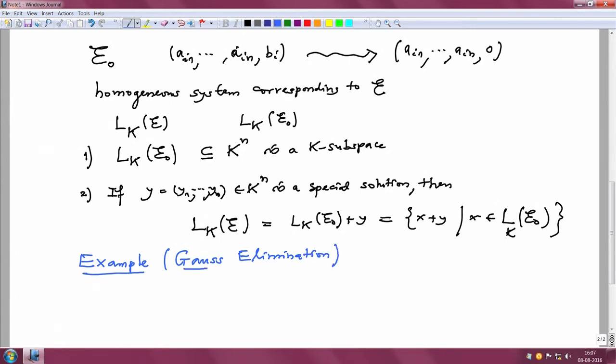This is a method to find a solution space. This is due to Gauss, therefore it is named after Gauss. I also want to introduce a language here which says that we will call E consistent, or E is said to be consistent